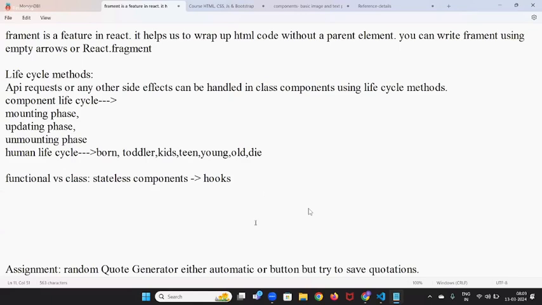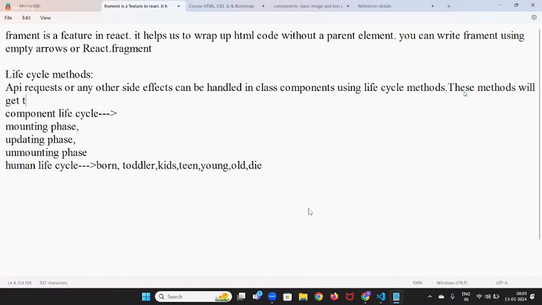They used to use something called lifecycle methods. These methods will get triggered at different stages